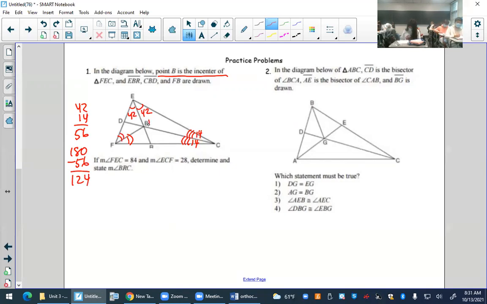If that's 124, then what? 180 minus 124. That's 56. And then that's 70. And then